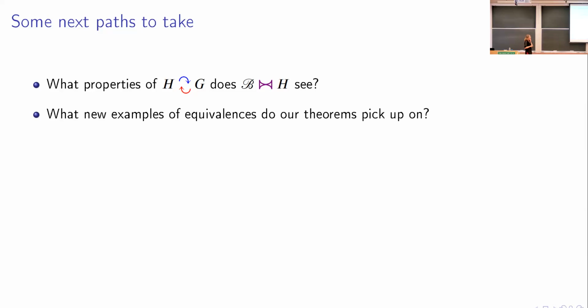Okay, so these were the theorems I wanted to talk about, and now just for some future things that I'm thinking about. An obvious question is, what properties does my new Fell bundle actually see? And at this point, I really don't know. So I get asked this question a lot, and we don't know yet. So this is something to investigate. What new examples do we actually pick up with our theorem? So aside from, right, we are generalizing theorems about groupoids, and we are generalizing examples of the semi-direct product of Fell bundles, but still, is there anything else? Is there anything in between that we're picking up on?